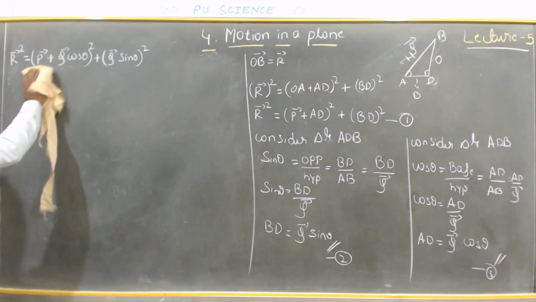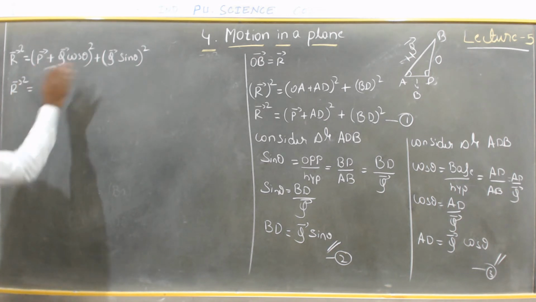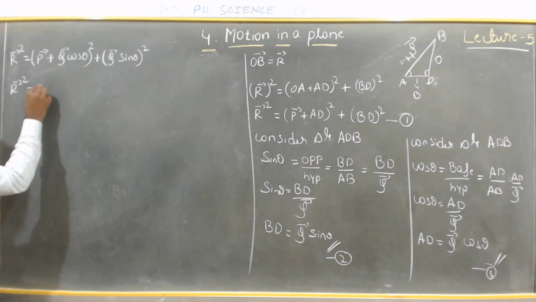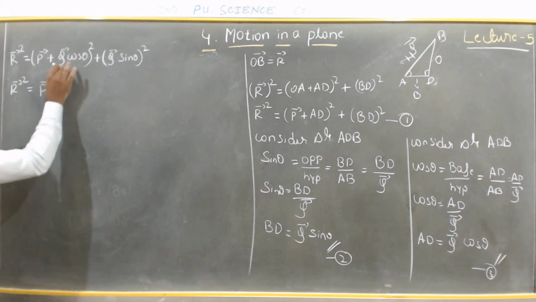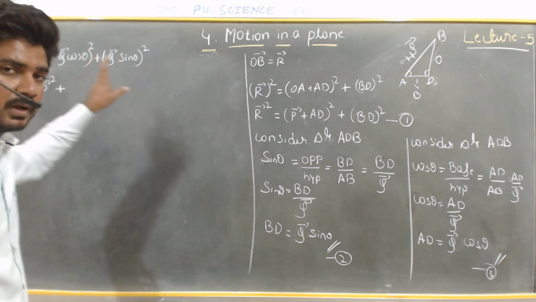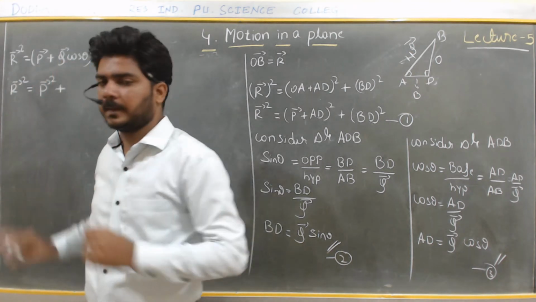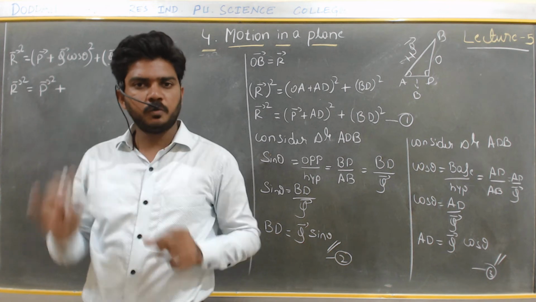So first I will write it in the form of a square plus b square plus 2ab. So r vector square is there, you write as it is. See here, a plus b whole square, formula is a square plus b square plus 2ab. A square in the sense p vector square is there, p vector square plus b square. We have q cos theta, not only q. With q we have another function, that is cos theta, right? Q cos theta is equal to b.